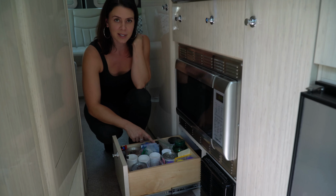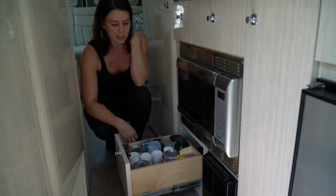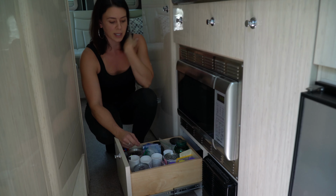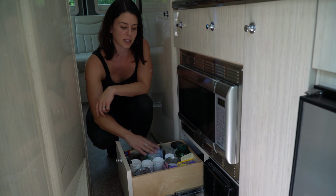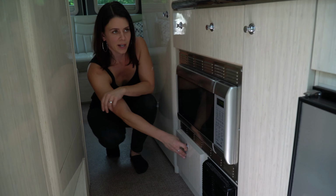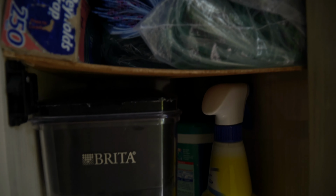I have vitamins in here, lots of vitamins like fish oil, ZMAs, magnesium, milk thistle. Those are things that I like. Dixie cups I use for portioning snacks or nuts, things like that. These are all Ziploc bags. I wash, reuse, put them in here so that I know these are my multiple used Ziplocs. And then over here, I have more new Ziplocs. I have garbage bags, aluminum foil,